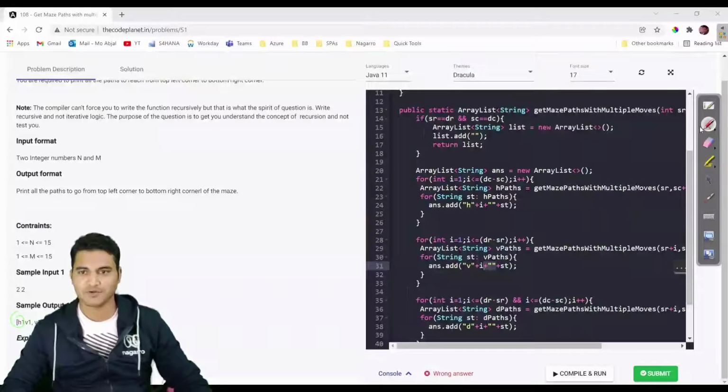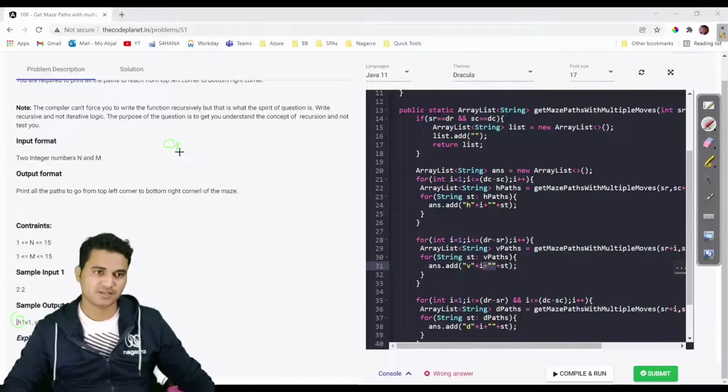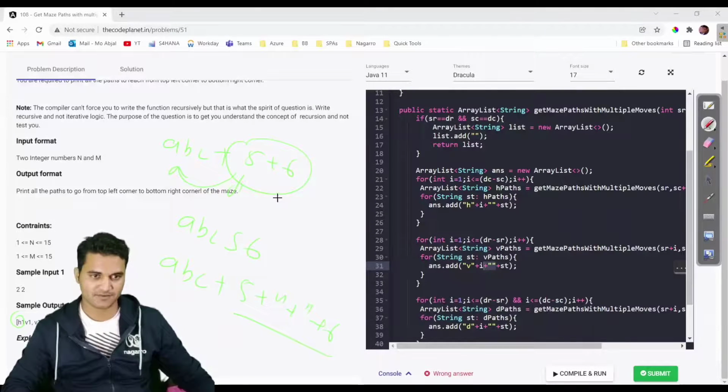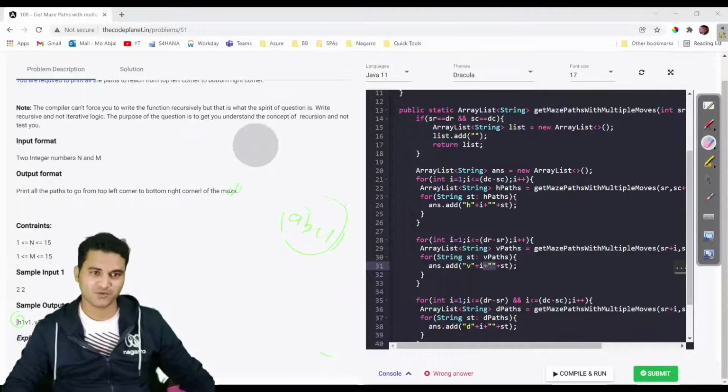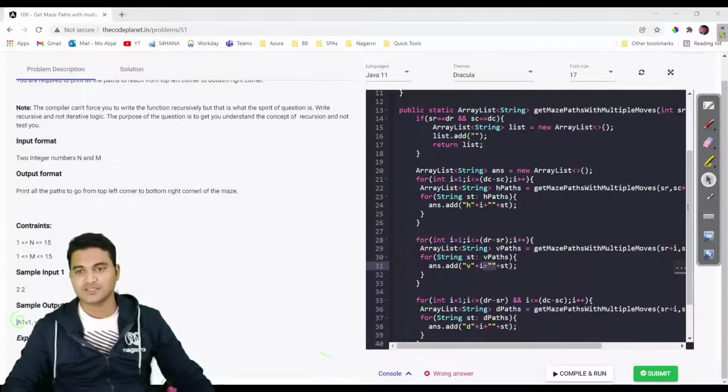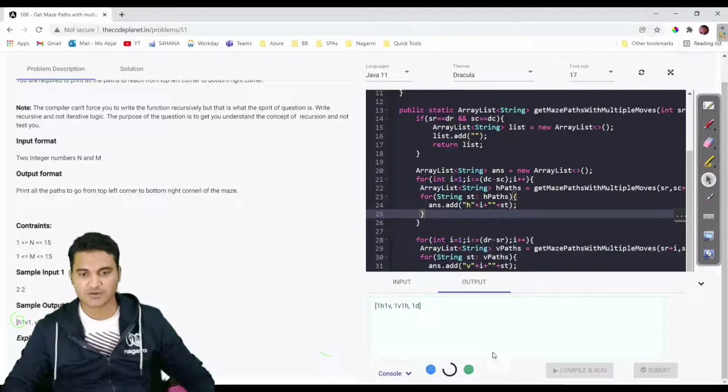If you are confused why I have written this blank string here, it is because if you are adding two numbers to a string, let us say ABC plus 5 plus 6, it will first add these two and then append into this. But what we want is ABC 5 6, so for that I will have to add ABC plus 5 plus a blank string plus 6, so it will append like this, 5 then 6. It will not make it as 11, it will not make it as ABC 11. Fine, so that is why I have written this blank string. If you are a Java programmer, then I'm assuming you already know this. Still some people don't know.